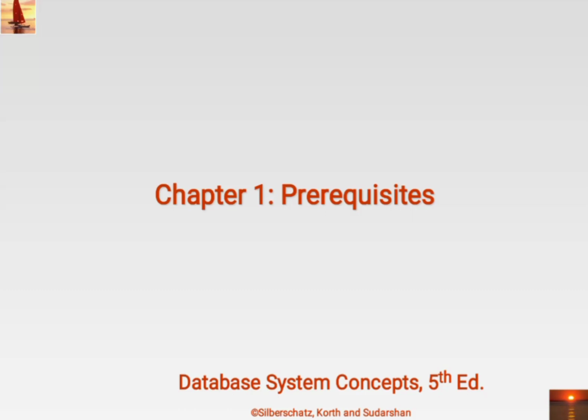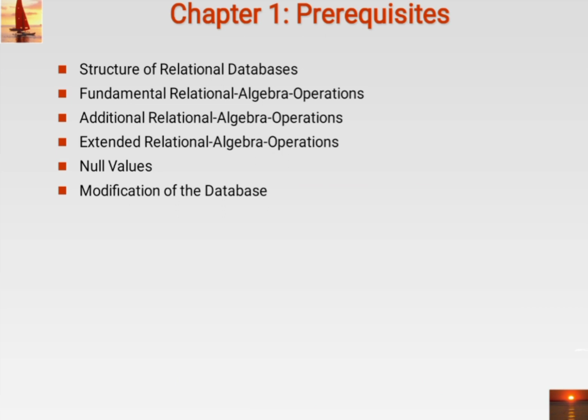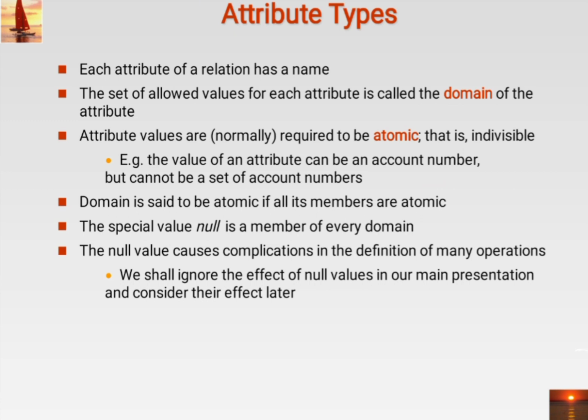So the prerequisites we have already spoken about in the previous lectures. So in a quicker way, I will revise it. We have talked about the relational database, the relational algebra expressions. So we are talking about the fundamental relational algebra expressions, additional relational algebra expressions, and extended relational algebra expressions in this particular lecture only. Okay, attribute type and what do you mean by attribute, that also we have spoken about